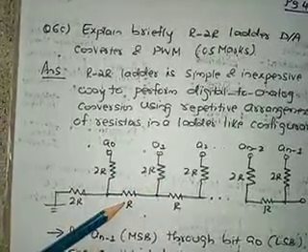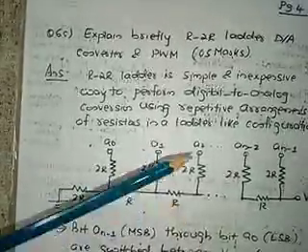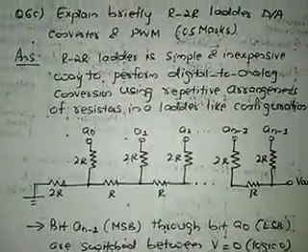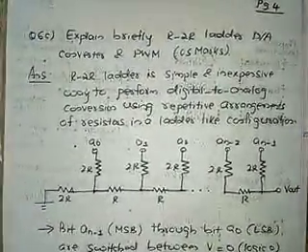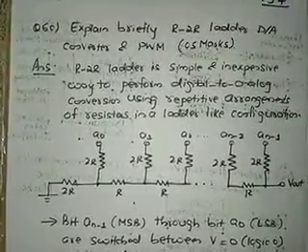So one resistor is say 10K, and then one more resistor 2R will be 20K, and 10K, 20K, 10K, 20K, like that. So they are connected in a ladder fashion. That is why it is called as R2R ladder DAC. It's a simple and inexpensive way to perform digital to analog conversion using repetitive arrangement of resistors in a ladder